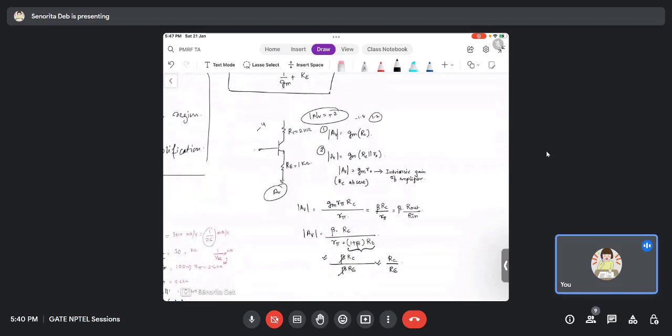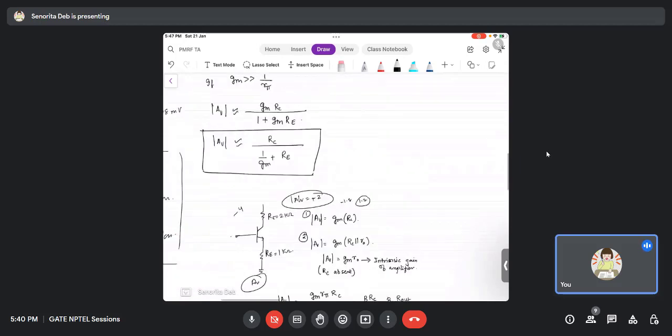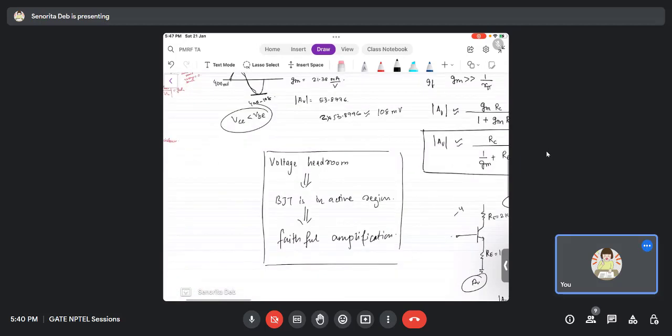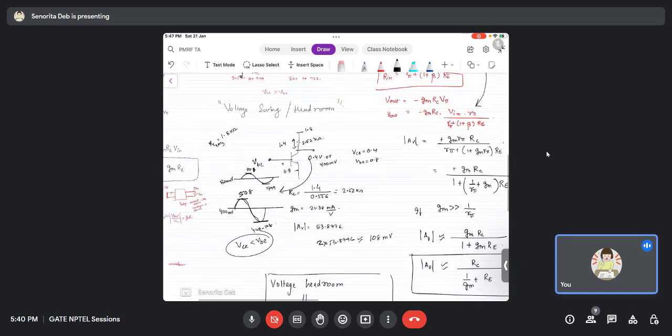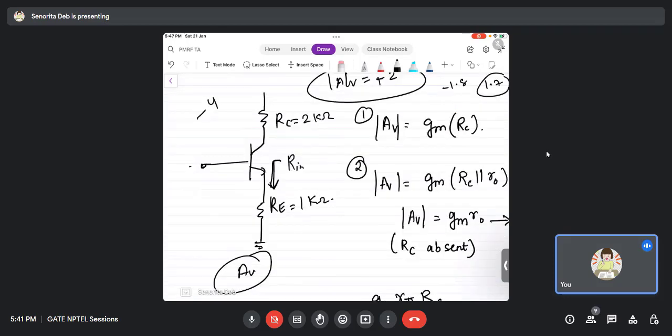Now, one more conclusion that you can have. You see, this is basically RC by 1 by GM plus RE. That means when I say RC by R in, what I mean is the resistance looking from here. I should not write R in actually. So let me just say the resistance looking from here, and the resistance looking from here. So if I divide both the resistances, I should get